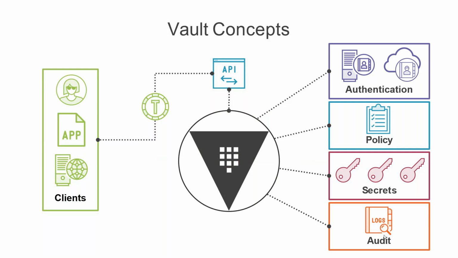So users can access, or applications can access, or anyone who needs it can access. And the most important thing is you can access secrets, the ones stored by managing